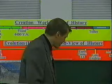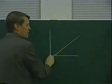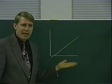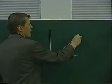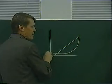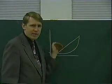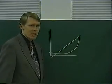Let me show you the difference here, what that means. If you go backwards in time, this would be linear, meaning a straight line. If it goes logarithmic, it may be like this. And without getting into all the algebra and geometry and trigonometry behind this, these are called 2 different progressions. For instance, if you